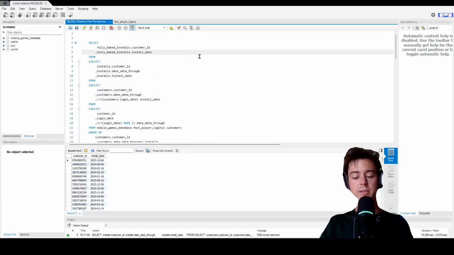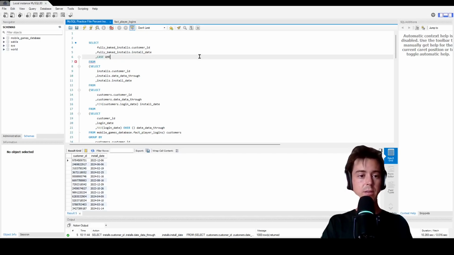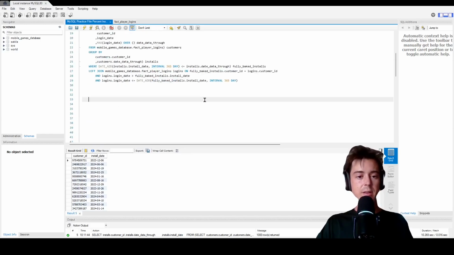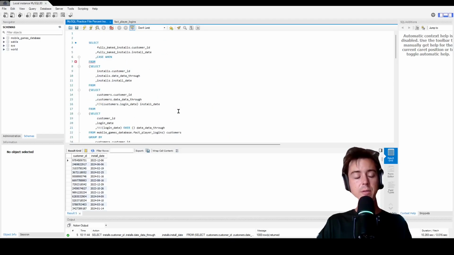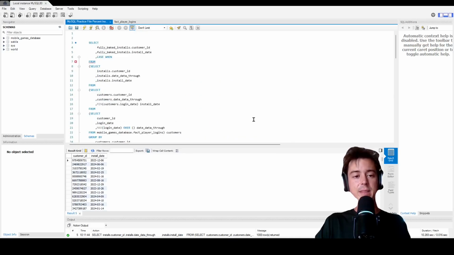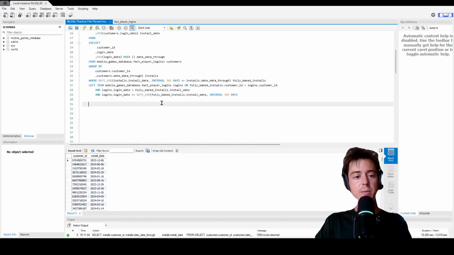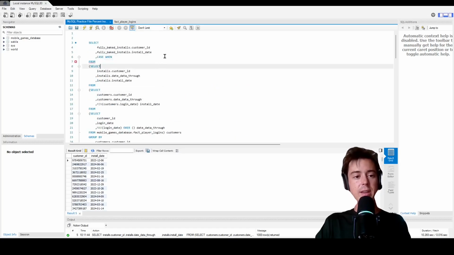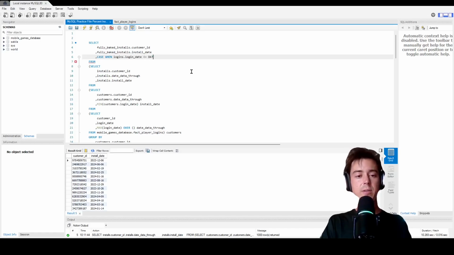So we will say this: case when. So when this login date is being returned from the join, and remember the login date has to be a login date that pertains to this specific customer ID, right? Because of this part of the join. And this login date has to be greater than the install date. So what we can do is add some business logic and say, case when this install date, right, is less than or equal to